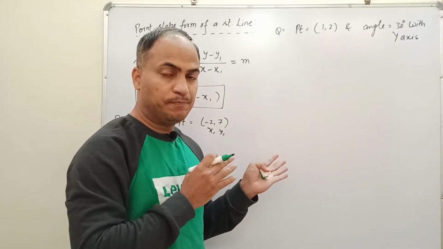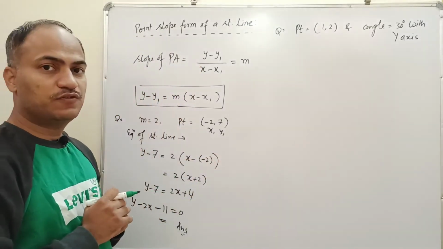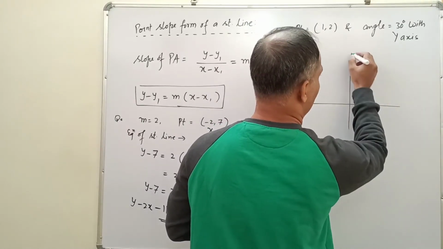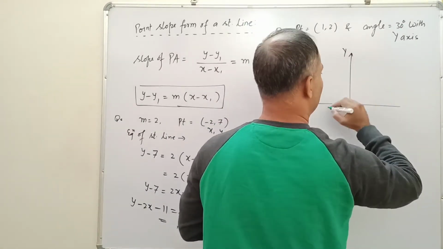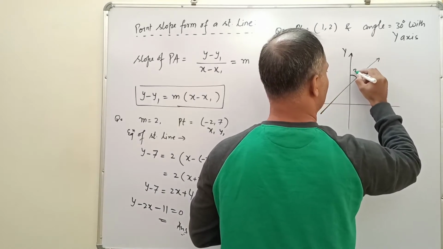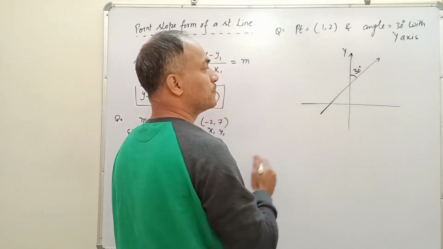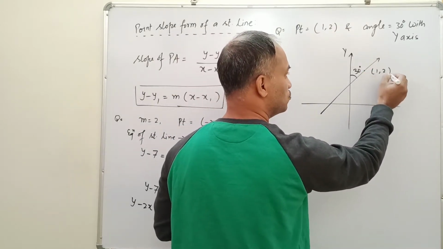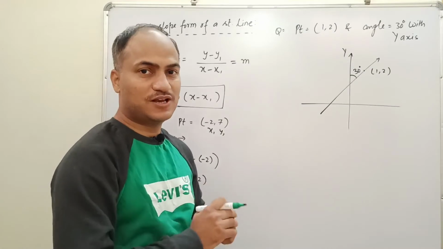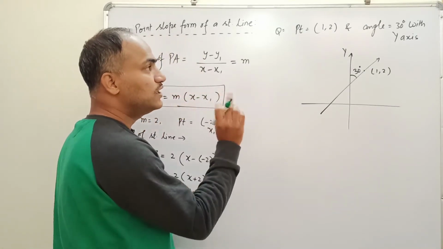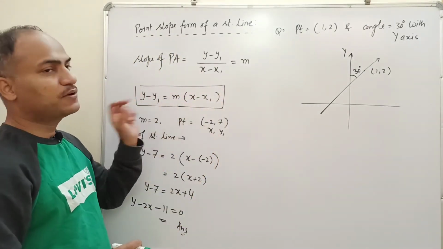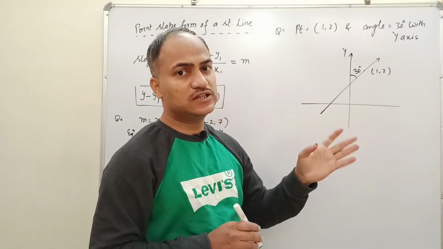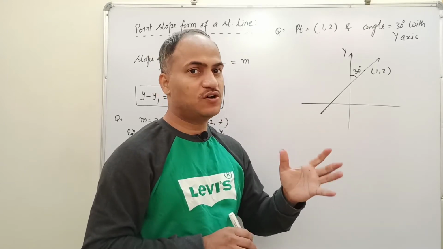This is one more good question based on this kind of formula. So what is given here? From the y-axis, this straight line is making a 30-degree angle, and it is passing through the point (1, 2). What can we do for such a question? Here we need only two things, slope and point. If we know these two things, we can find the equation. We are not requiring any other angle from the y-axis or from somewhere else.